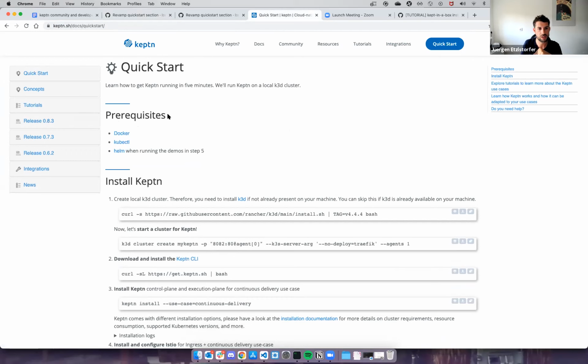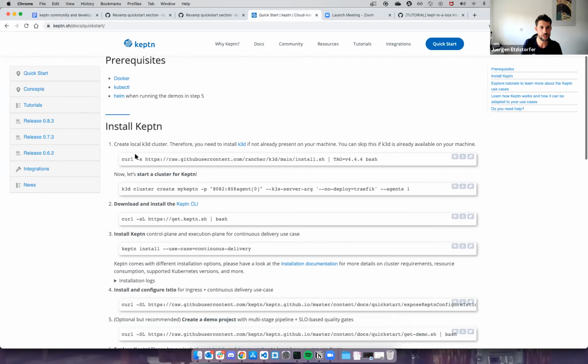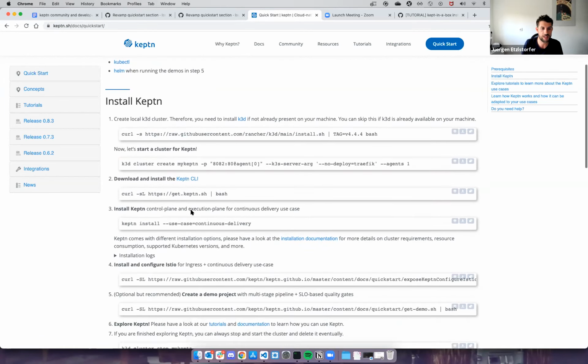The only prerequisites the quick start guide has is you have to run Docker on your machine, and you have kubectl on your machine. And if we're also doing the demo installation, then you also need to have Helm on your local machine. And then basically you create the K3D cluster, so you don't have to download K3D in advance to this guide, but you can just download it via this. You will create a small cluster with one single node,